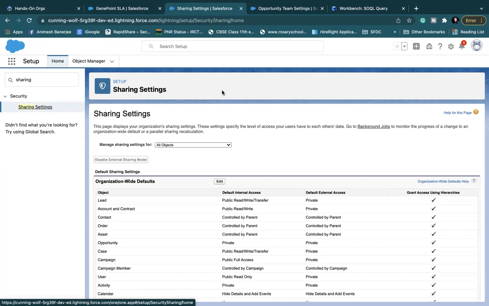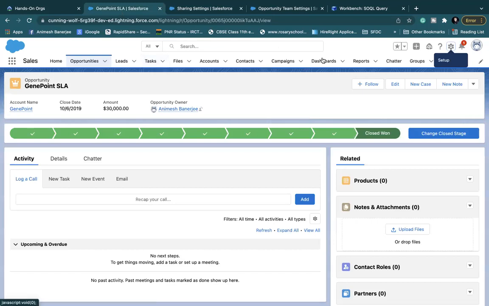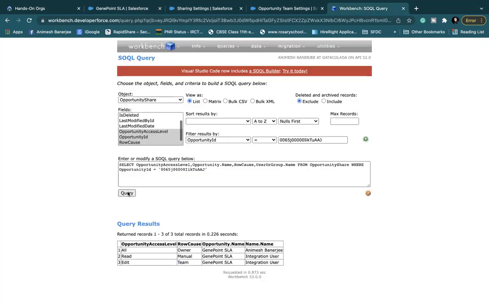You can stop role hierarchy sharing. Role hierarchy sharing is not tracked using this share object. Okay, some things to remember. This is implicit child, this is a different thing.